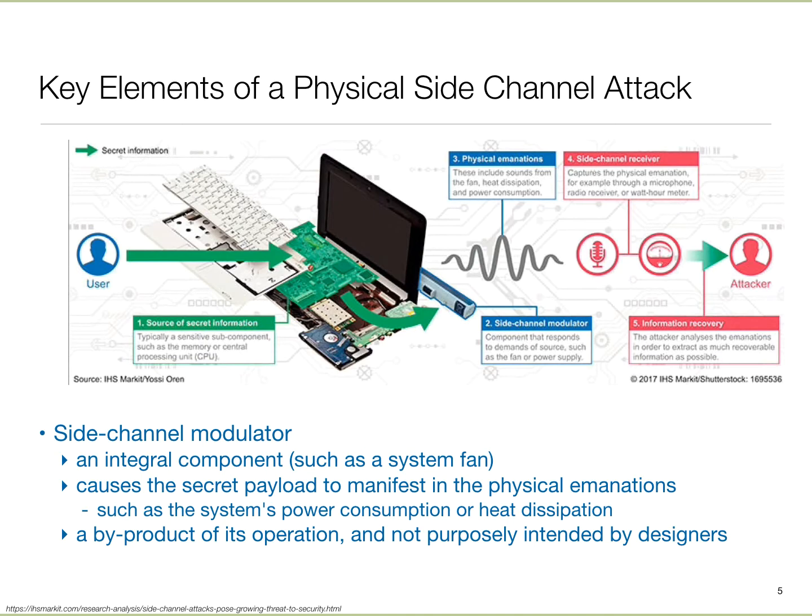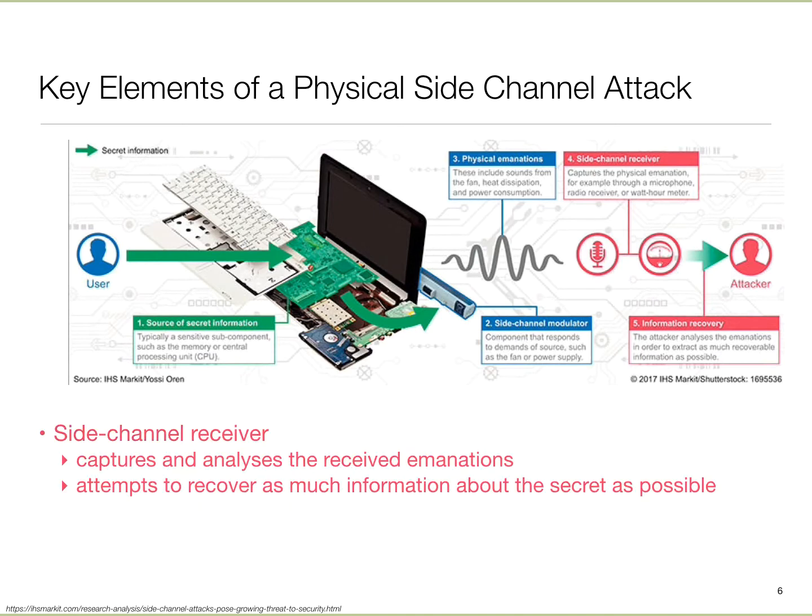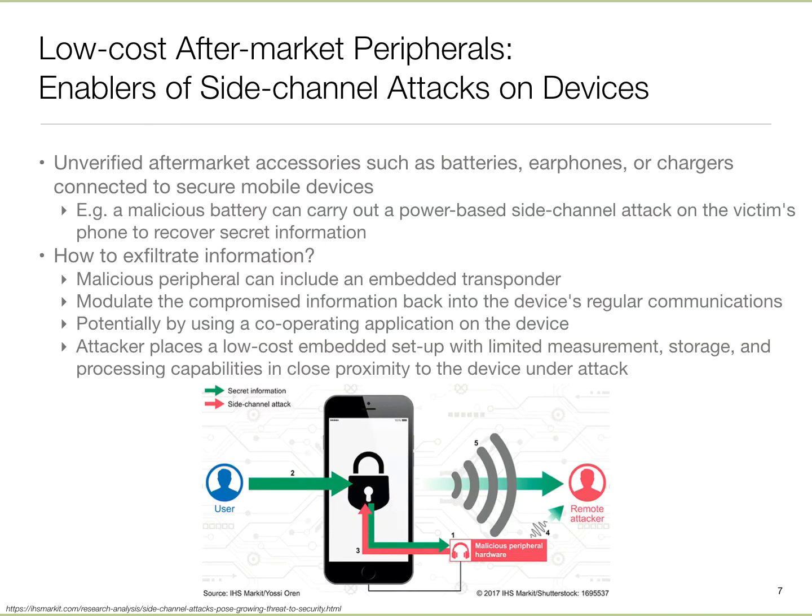We'll come later to what kind of things one can do to cope with it, but right now, the side channel receiver basically has to capture that emanation, and that we know how to do very well. I mean, sensors have been around forever, and this is nothing but an exercise in sensing that particular type of signal, and then from that recover the information. So we need to have some sort of a detection estimation algorithm. Again, we study about this in various courses quite a bit.